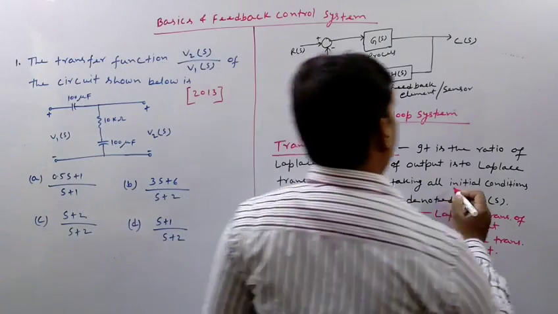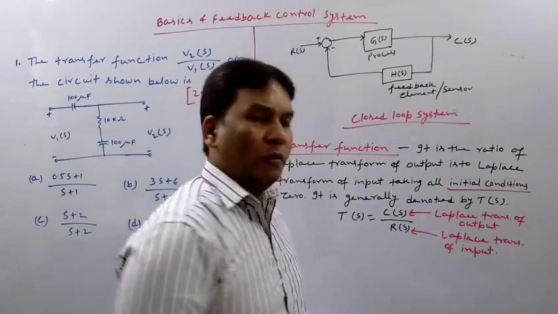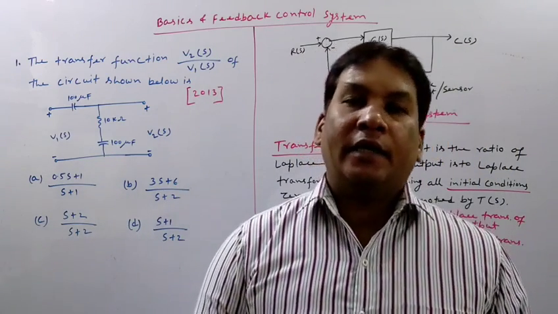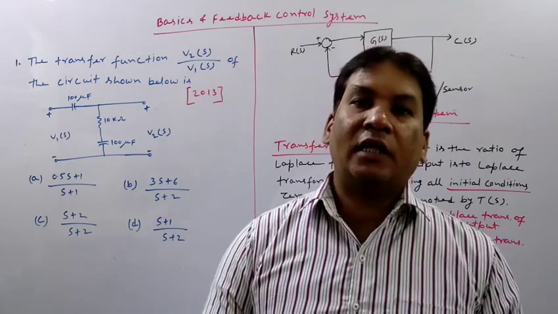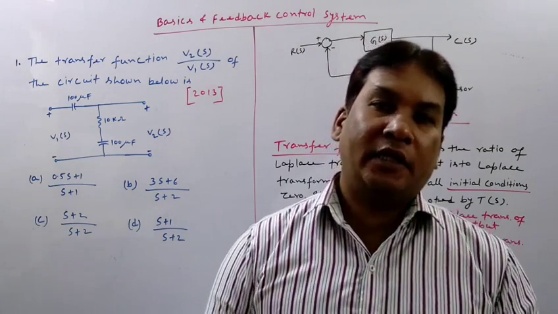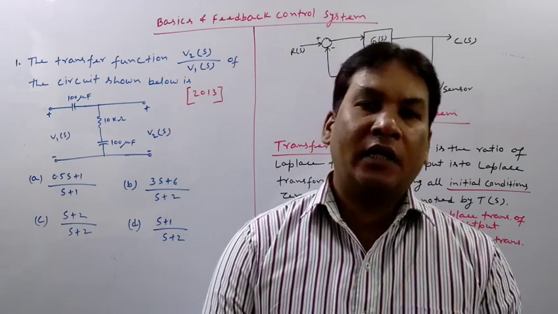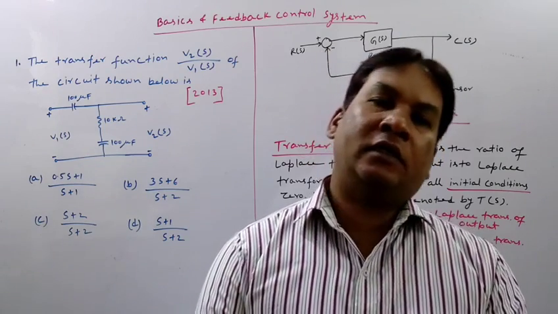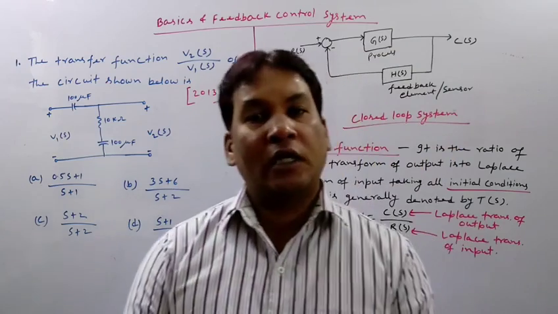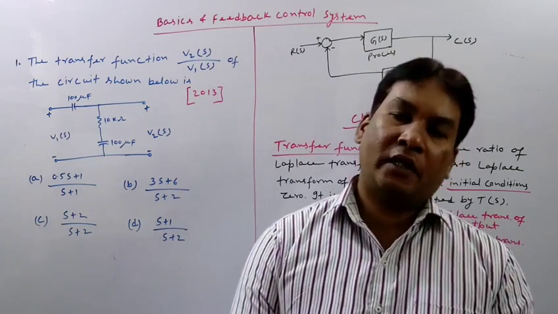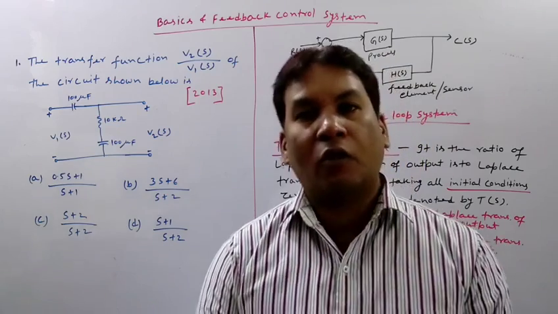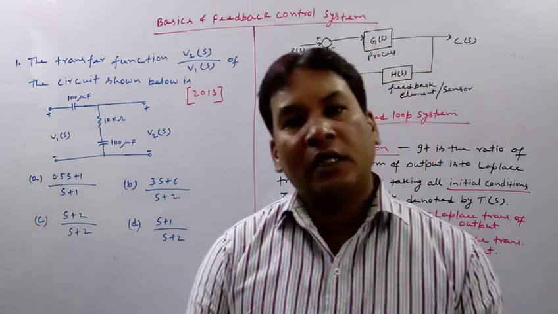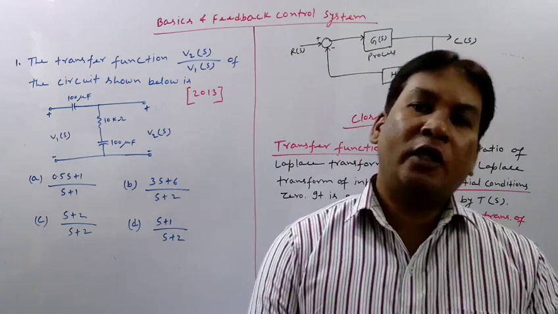Now here we have used the term initial condition. What do you mean by initial condition? Initial condition means the condition of a system initially, or the condition of some component of that system initially. Suppose the system contains an inductor, so there should be no current passing through that inductor. Then we say that the inductor is in zero initial condition. Suppose we have a capacitor, so there should be no voltage across the capacitor at time t equal to 0, that is, initially. Then we say that the capacitor has zero initial condition.